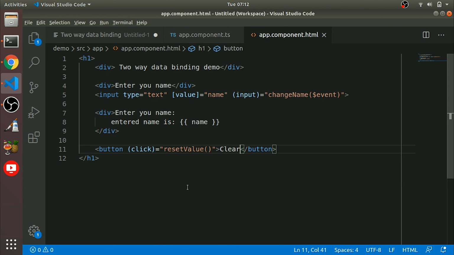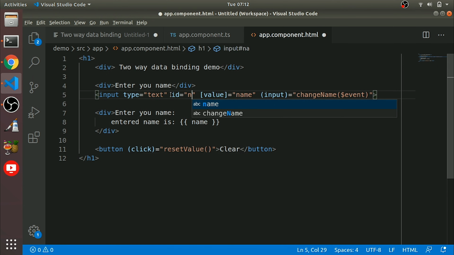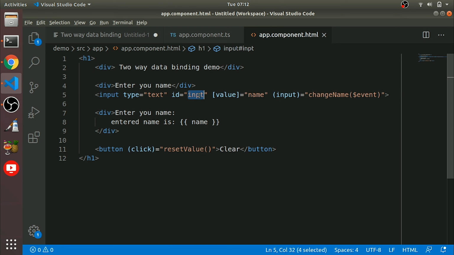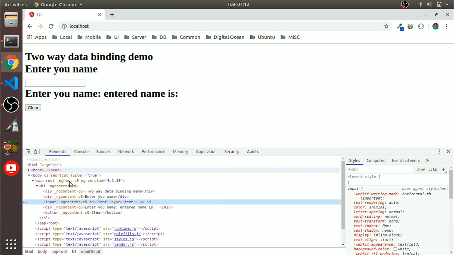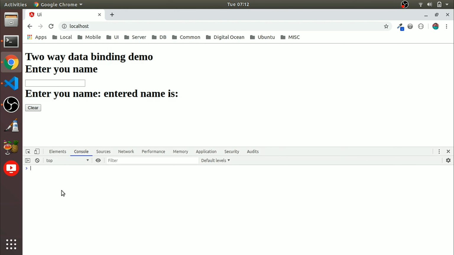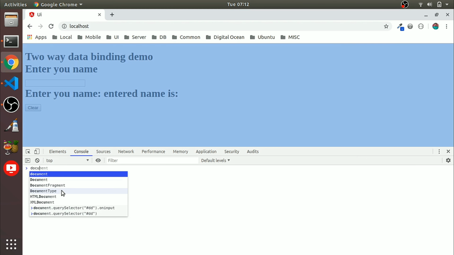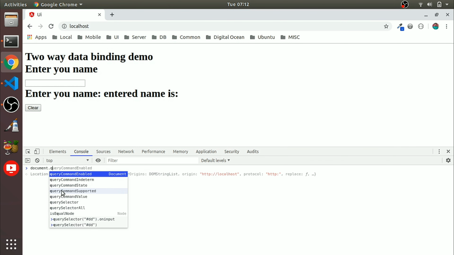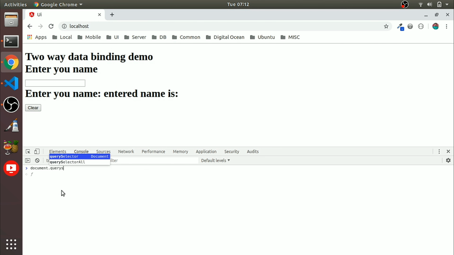Let me put an id equal to inpt. See, it is reflecting here as id. So I will show you how to know what the properties and events are. Document dot querySelector.